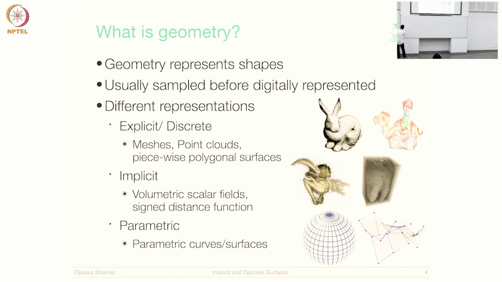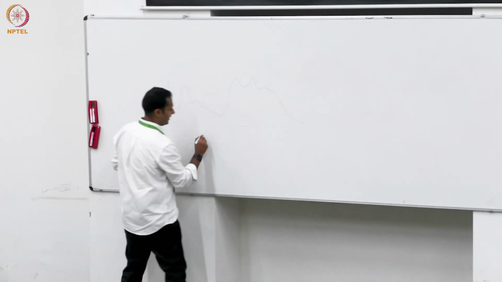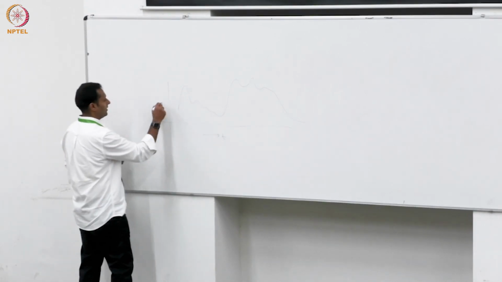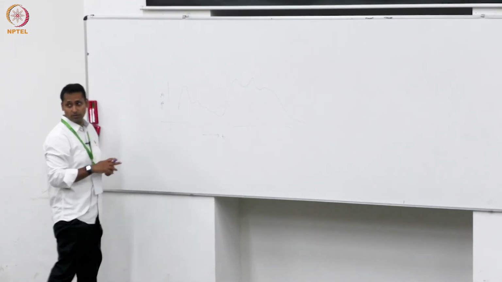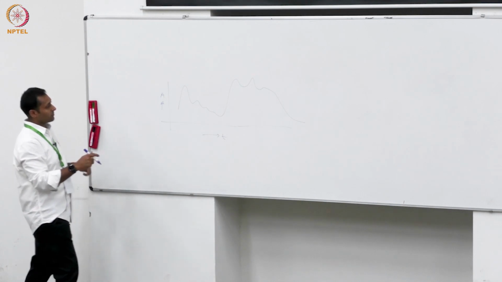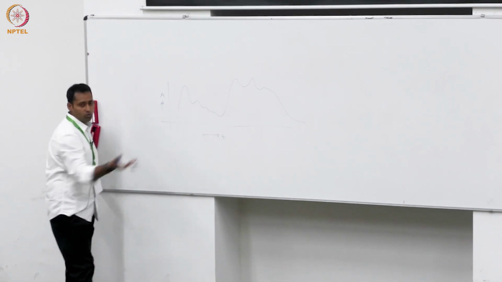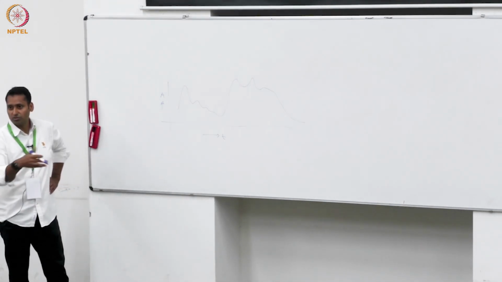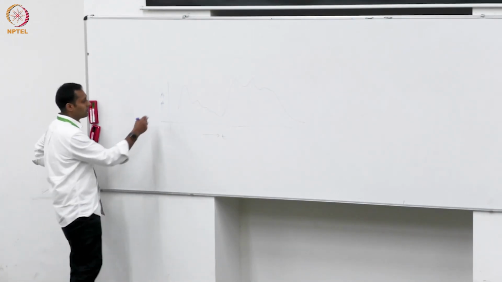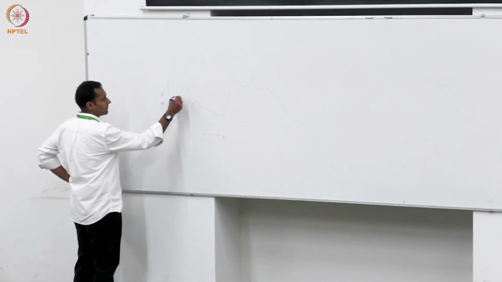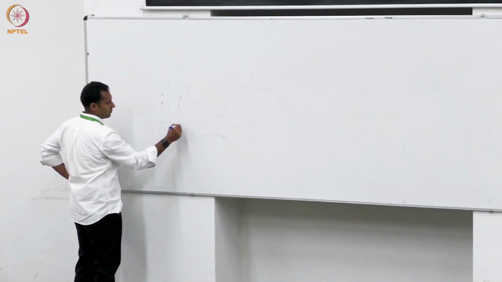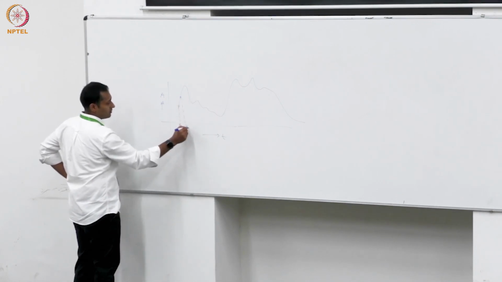So let's say you have a one-dimensional signal. Okay, let this be the signal, right? And that's your time, and let's say that's your amplitude. So you want to capture it, but you can't store this signal. It's an analog signal. You don't know the equation, so you can't store it. So what do you do? You have to sample it at certain points. So x0, x1,